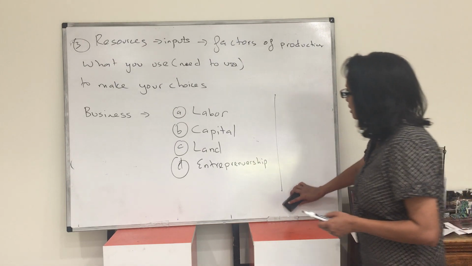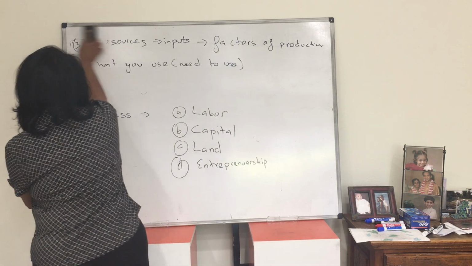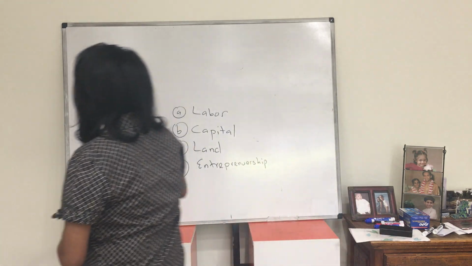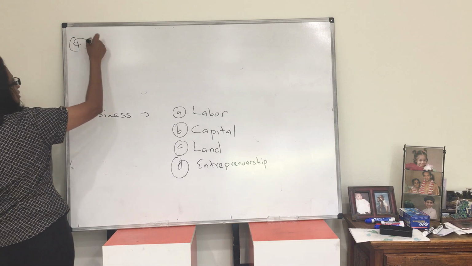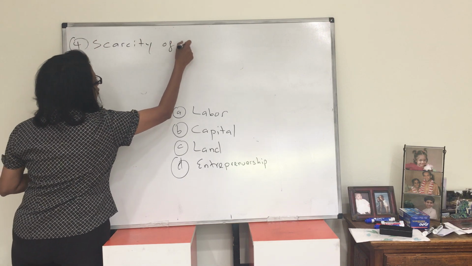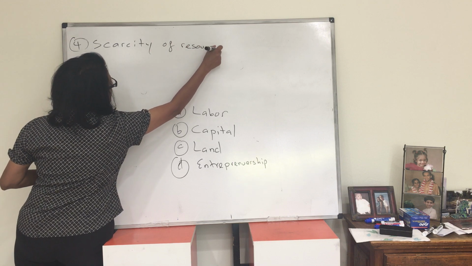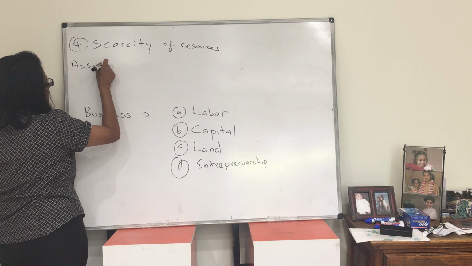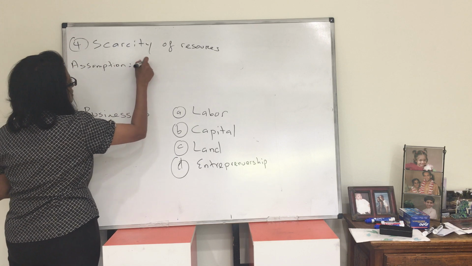All right, so now let's talk about scarcity of these resources. That's number 4 on our outline, which is the scarcity of the resources. Okay? So what do we mean by the word scarcity? We have this assumption in economics that all resources